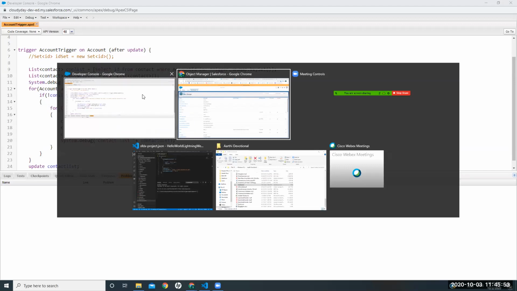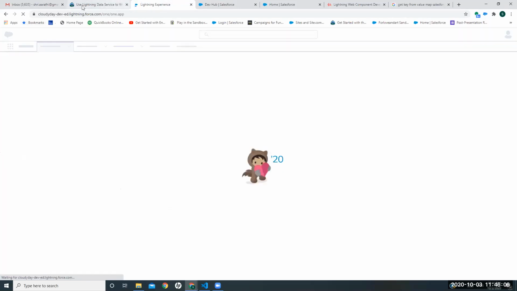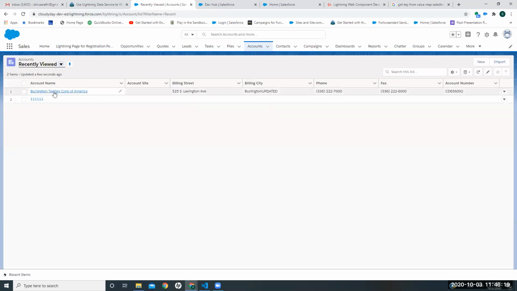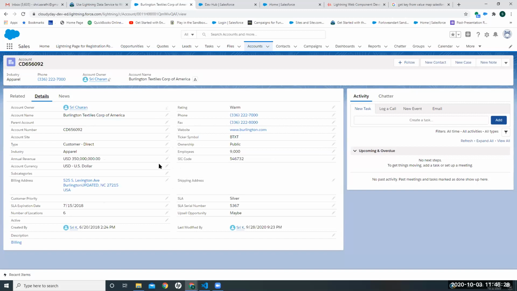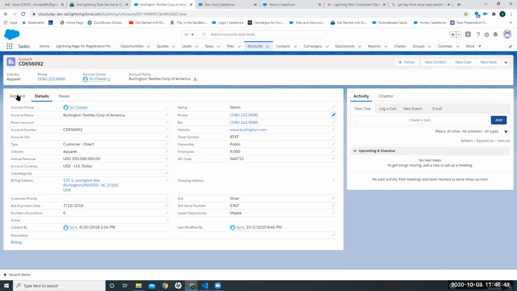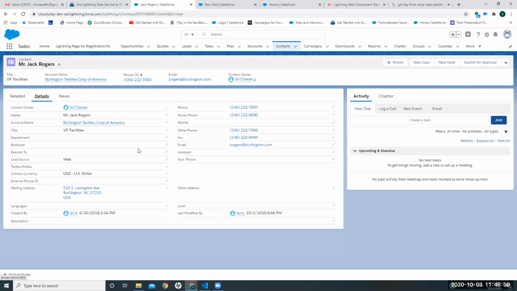Update a contact. Update account also. Does it work?